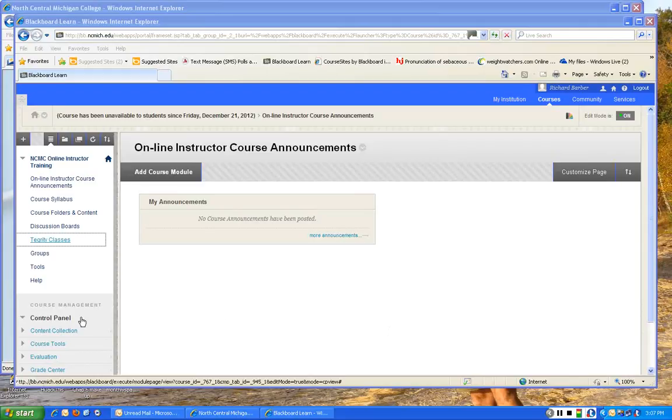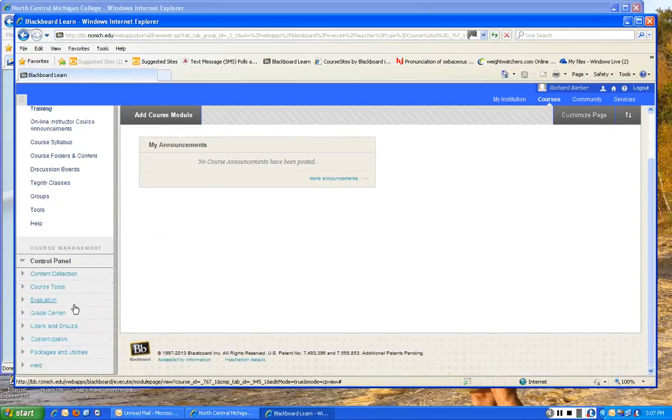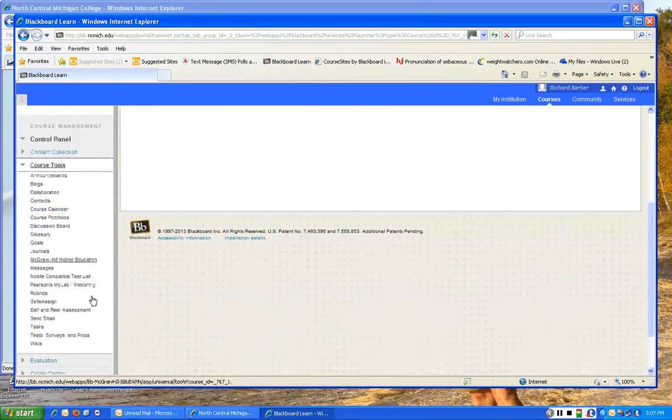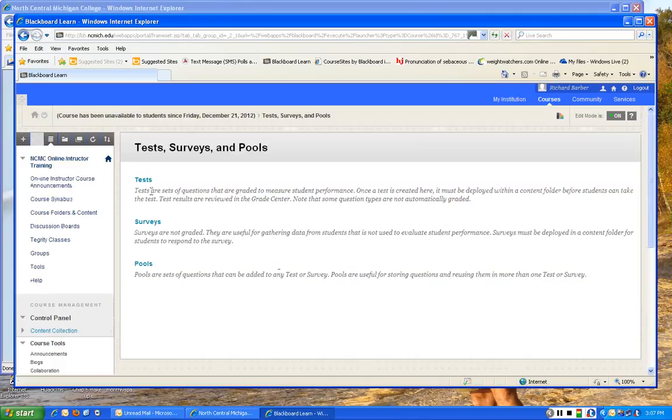you want to come down here to your course management area and find the course tools area. Click on course tools and then scroll to the bottom and you're going to see tests, surveys, and pools. Click on that. And what you're going to want to do is work in the test area. So you click on tests,